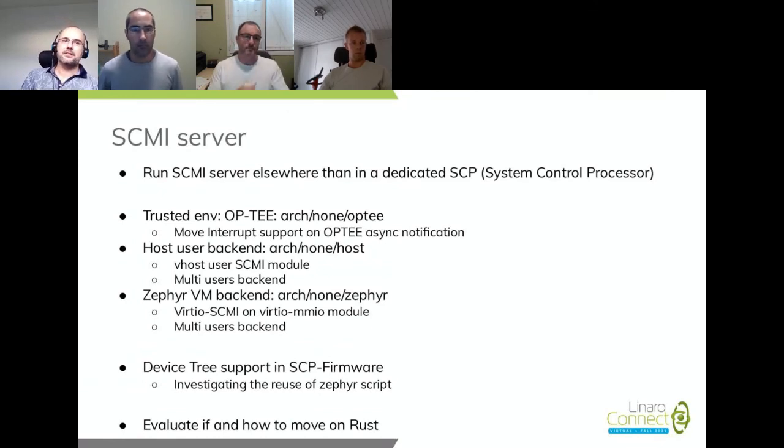And the last execution environment that we have is a Zephyr VM backend. So we have added the support of Zephyr in the SCP firmware, so you can run this SCMI server with Zephyr in a dedicated guest VM, and this supports VirtIO SCMI on top of VirtIO MMIO.